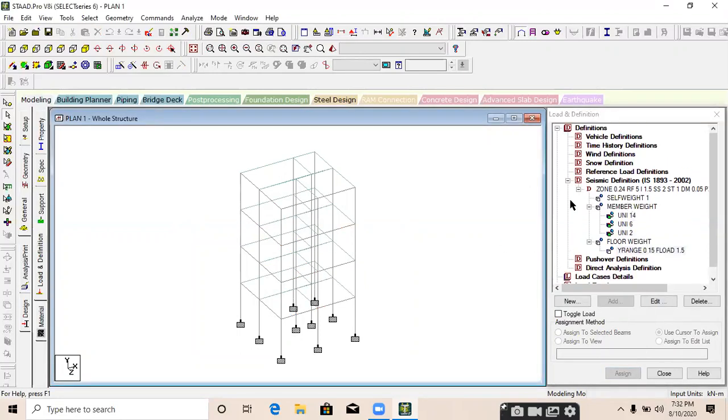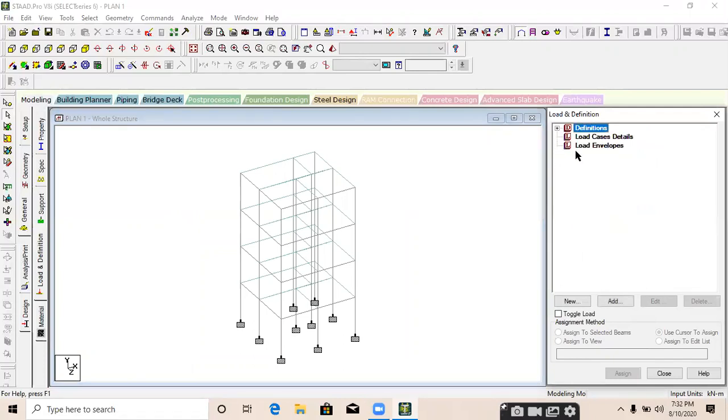Then what we need to do, just close this and come to the load case detail, and we have to create 4 different cases for 4 different directions, like seismic in plus X, seismic in minus X, seismic in plus Z, and seismic in minus Z. Let's go to load case detail.